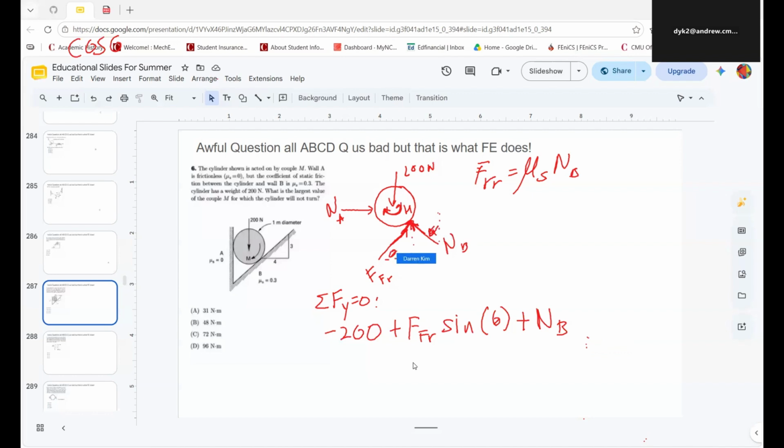So that would be cosine. Cosine alpha equals 0. Okay, we can do that. We can definitely do that. We can work with that. Over here is minus 200 plus